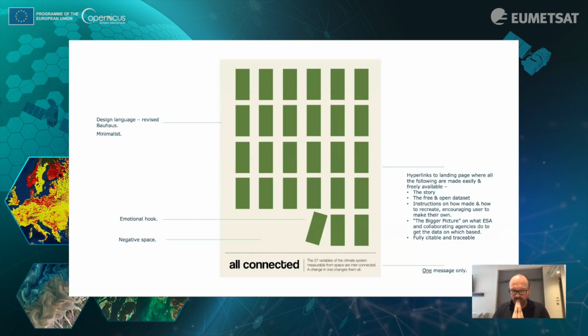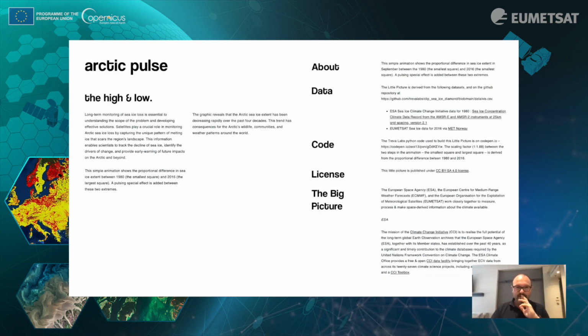I'm going to show you some other ones which have a varying range of ease of understanding. It was really our journey to put these data together as images to try and get across a message. So here we go. It's worth noting, actually, they're not all ESA data. We have used data with EUMETSAT and ECMWF. So there's a melange of data from the three agencies here. This page is really just showing you the sort of background text that we have with each graphic: how we put it together, where's the code, the licensing, and that sort of thing.